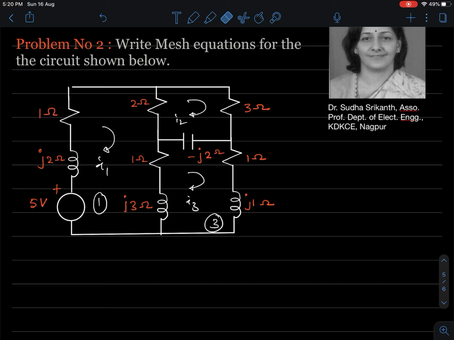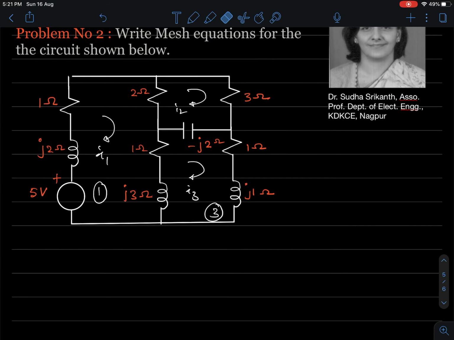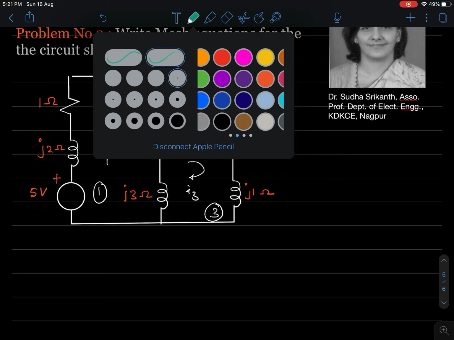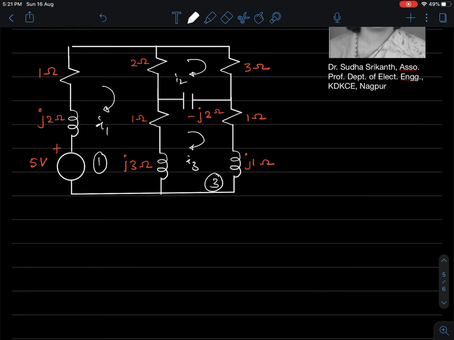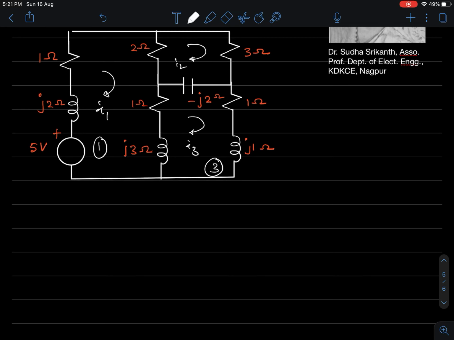In this problem, let us try to write the mesh equations by inspection, not by first principle. Alright, so how to write the mesh equations by first principle, let us try to see in this problem, so that this becomes easy for us, or we get used to the method of writing mesh equations by inspection. Okay, so the solution goes this way. Solution is that